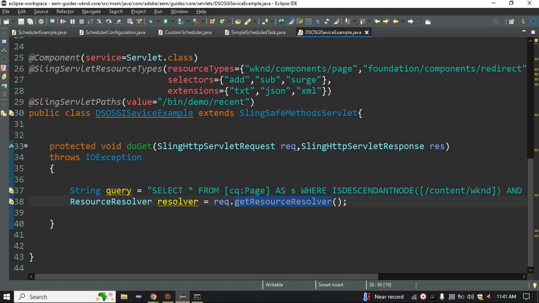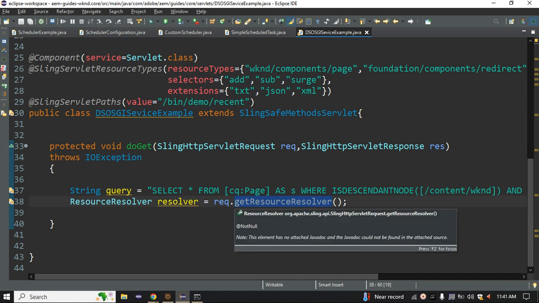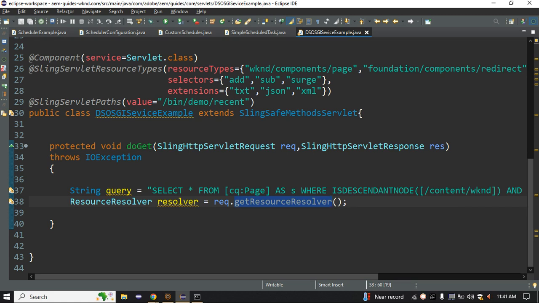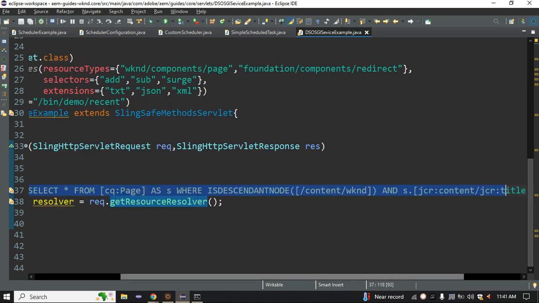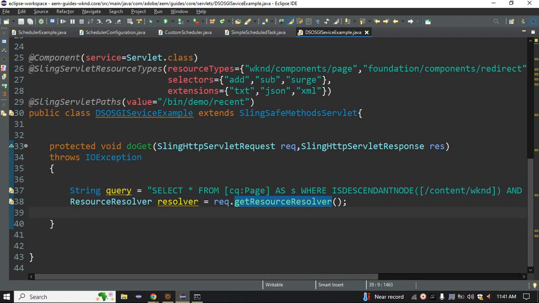It will provide some extra methods to your resolver. The get resource resolver method is providing some extra functionality to your resolver, and that's why by using this we can easily write the JCR queries, these SQL2 queries. For that we need this object, and we got it. After that, by using this resolver,